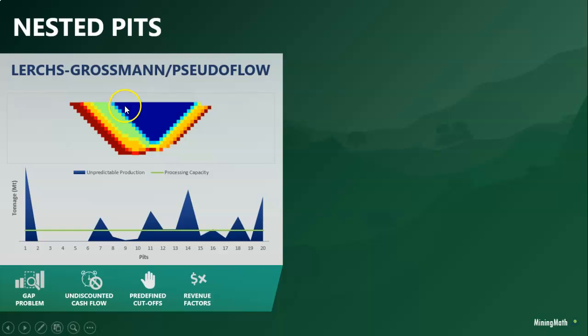For example, here if your material costs $1, you have for this pit $1. For this one here it is 1.5, and for this one, if it costs $3, so each pit has one price. It generates a single sequence, so if the price of your commodity changes, it will remain the same sequence.